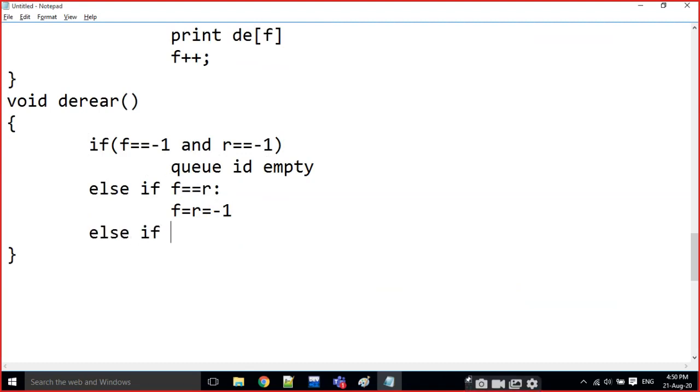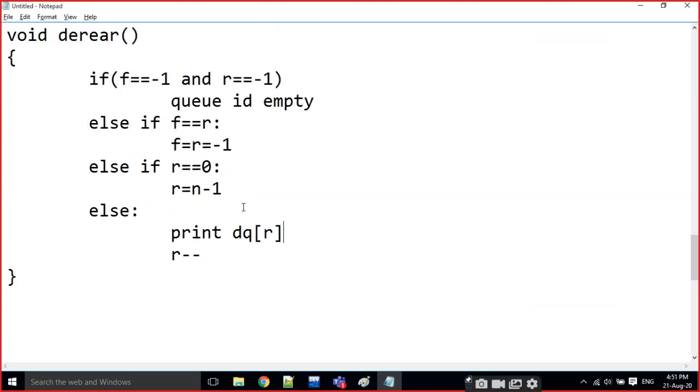Else if F is at 0 position, not F, that is rear is equal to 0 position, I am going to set R equal to n minus 1, the last position. Then else for all the remaining cases, R minus minus. That's it. Before deleting it, I am going to print the value of DQ of R. That's it. This is the operation for DQ.